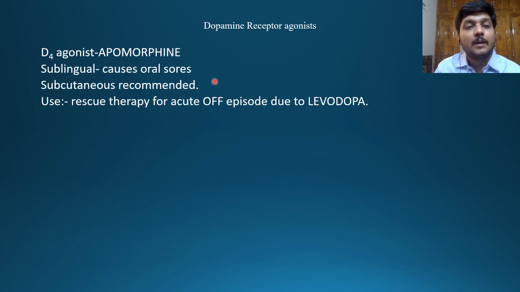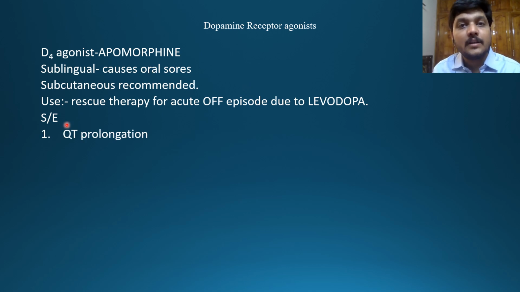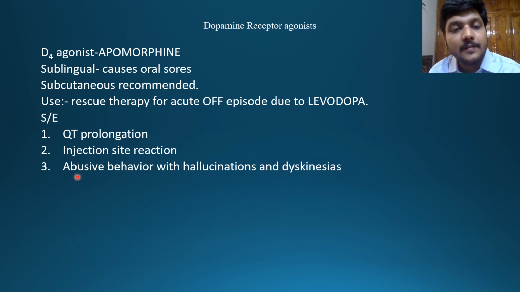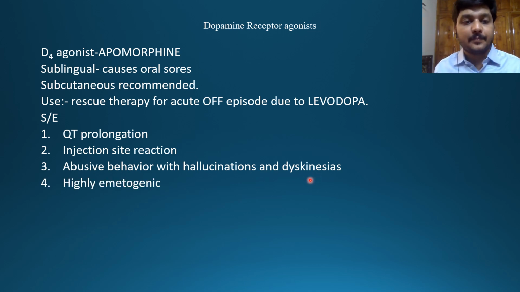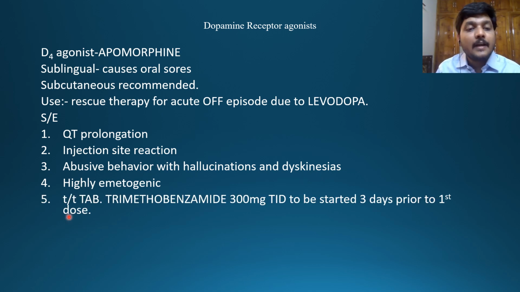Apomorphine injection is used as rescue therapy for acute off phenomenon, which is seen in patients on long-term levodopa therapy. Side effects of this apomorphine injection are QT prolongation, injection site reactions, abusive behavior with hallucinations, and dyskinesias. This apomorphine injection is highly emetogenic, and to avoid this